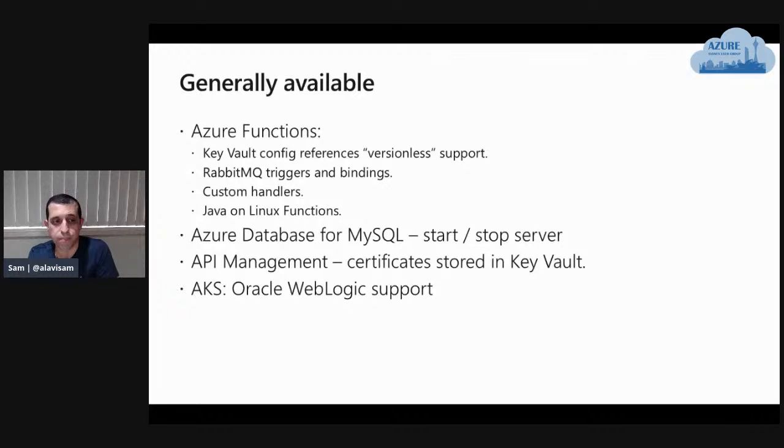Azure Functions. Java and Linux function support is added, and by that means you can build your Azure Function apps with Java version 8 and Java version 11, but only on the Linux hosting available. It's available for all the premium, dedicated and consumption plans, but as I said, only for the Linux hosting